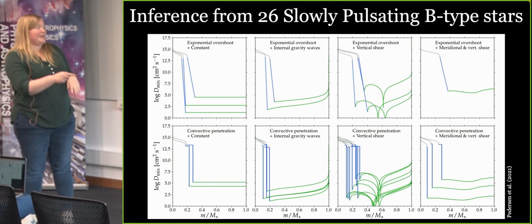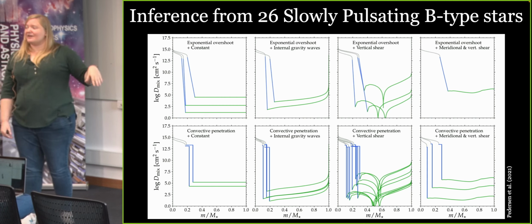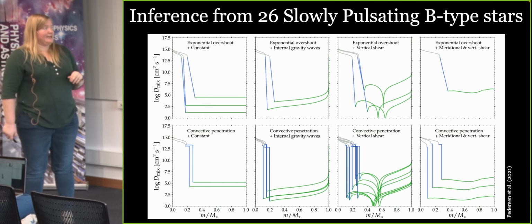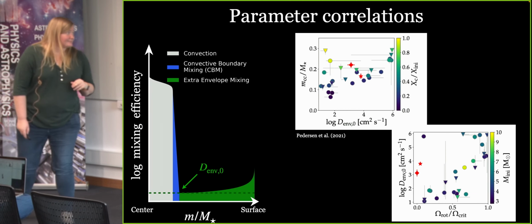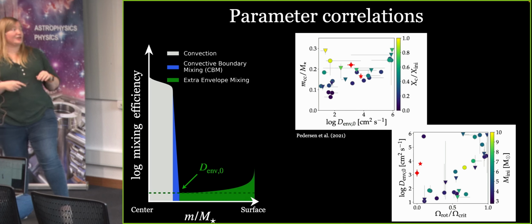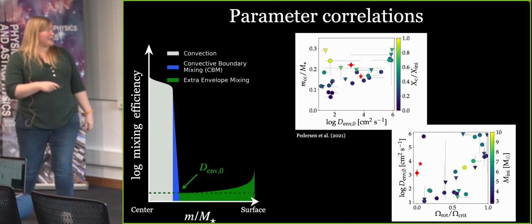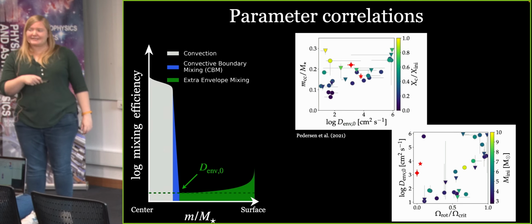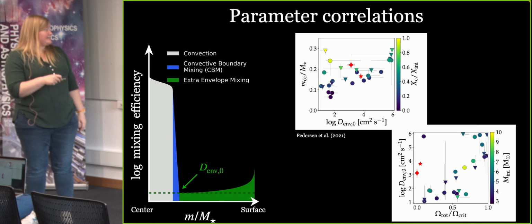But also, if you look here, more stars seem to prefer having this kind of stratified envelope mixing inside the stars. If you look at the parameters, here I'm looking at how the convective core mass of the star correlates with the amount of mixing we have in the envelope. And what I mean by that is we have these green profiles, that is the envelope mixing for the star, and this d-envelope naught